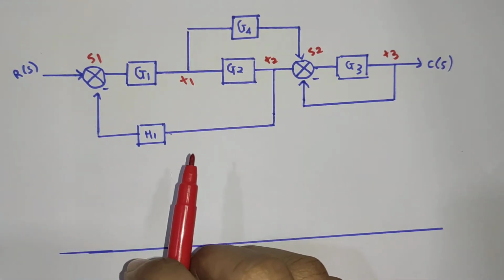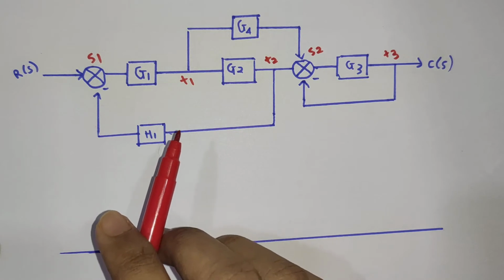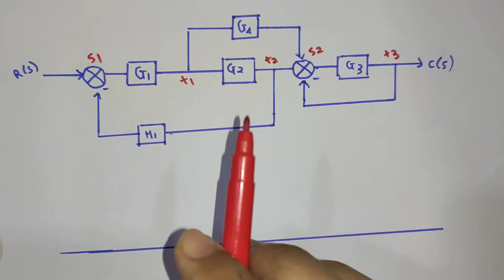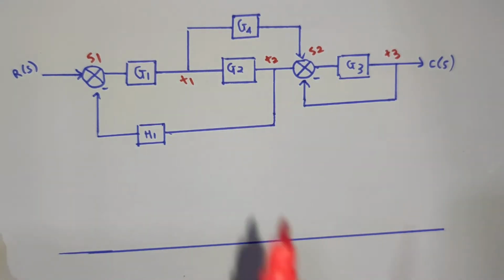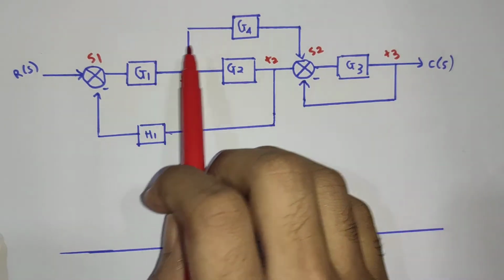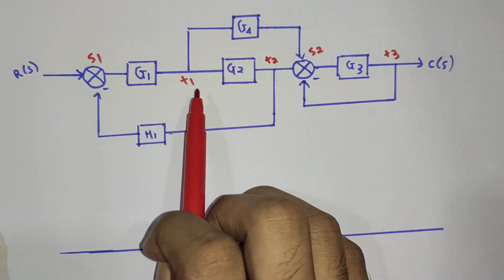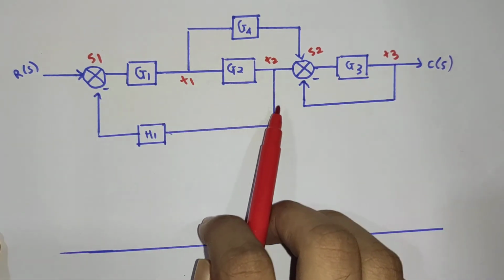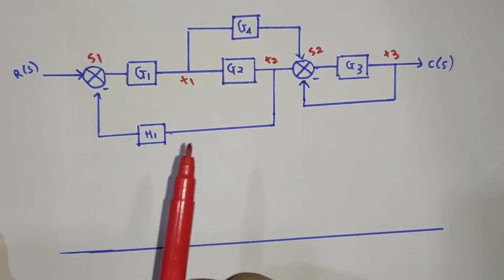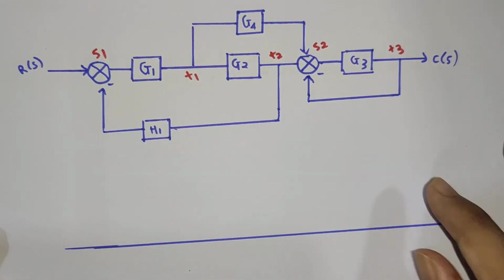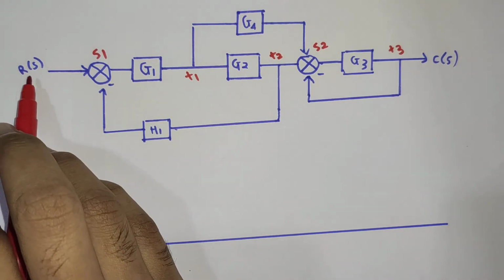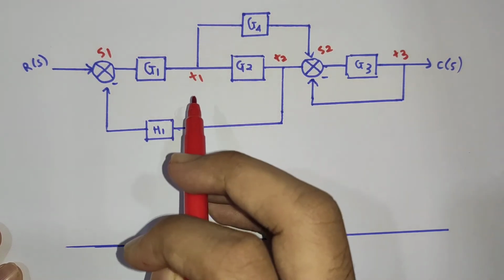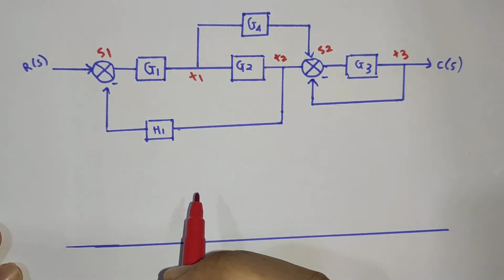Okay, now the first and very basic thing you have to remember is that you are going to denote all the takeoff points and the summing points with a node, or you can say with a circle, and you are going to denote all the gains by an arrow, or the direction from the input to the output, except the gain of the feedback loop. What I mean is, here R(s) is given, so we are going to denote the input by a node. So let's start converting this block diagram to a signal flow graph.